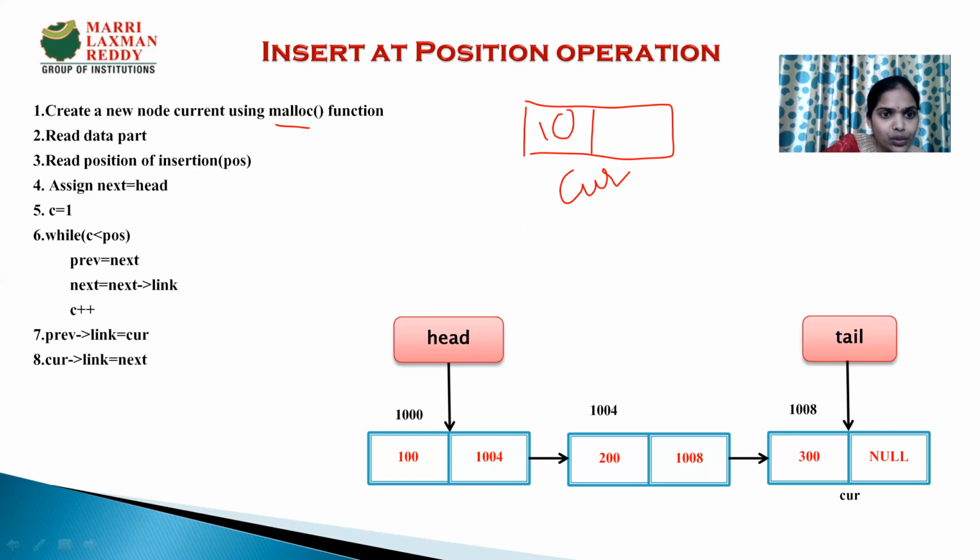Then we have to read a position. The position is the point at which we have to insert the node. Suppose my position is 3, I have to insert the node at this position. It means this is position number 1 and this node is at position number 2, and here we have to insert the node, and this node will be moved one step forward. For this, what we do is